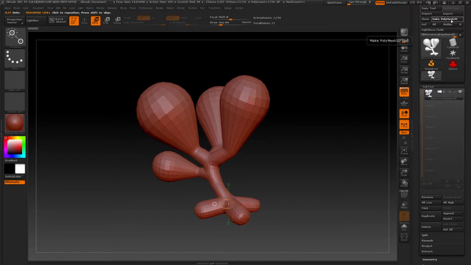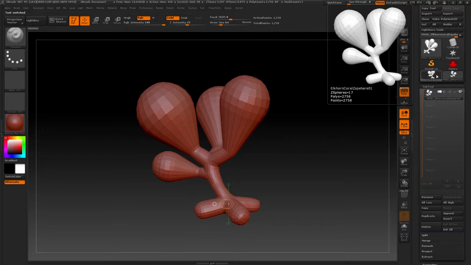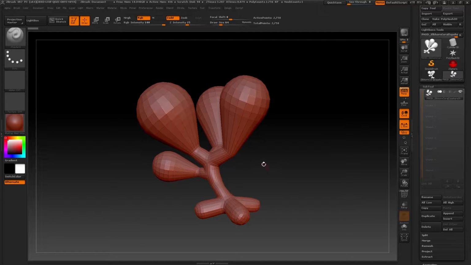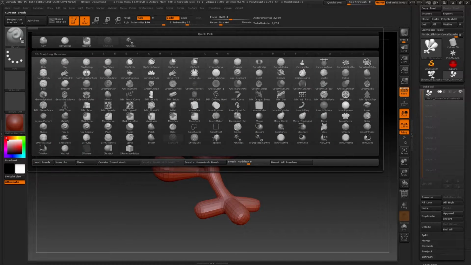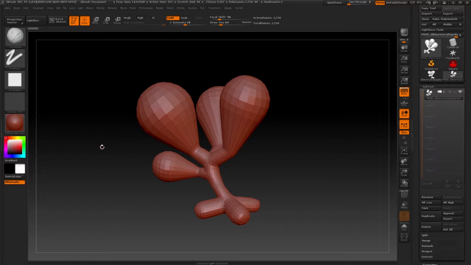So when we're finished with this, press A and make it a PolyMesh 3D, and it will turn it into an actual object we can start to sculpt and manipulate. Now I prefer to use Clay Buildup. That's BCB I think on the hotkeys, and what we want to do is start to build up the shape